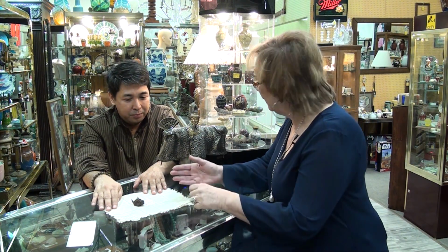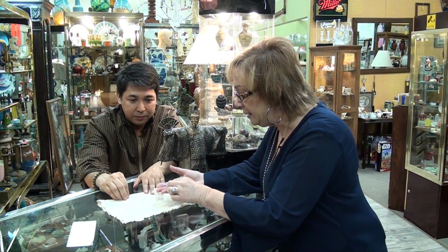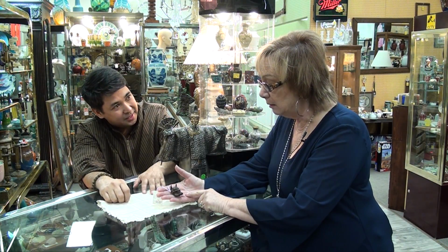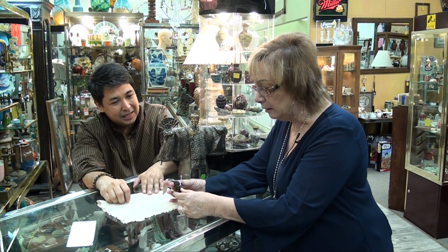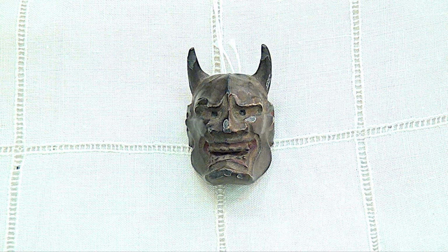Oh my God. I'm afraid to actually. Wow. Now this is wood. This is boxwood, yeah, and it's a netsuke. It's a toggle, so they use it on a kimono. Oh yeah, I see where the tie is, where they tied it. How interesting is that? And I assume it's all hand carved. It's hand carved, and you could see it has the sharp